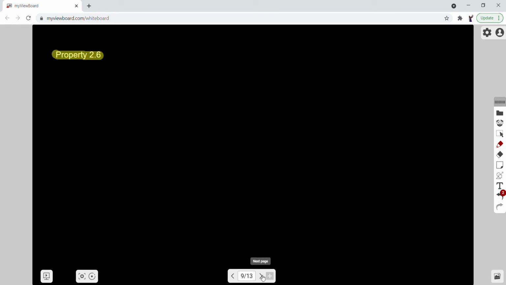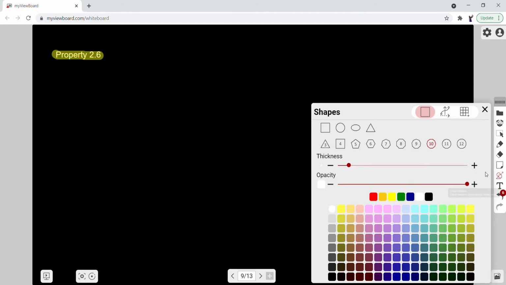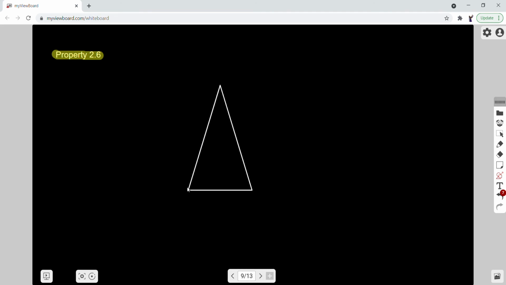Next property. If you don't understand any property, just go back and do it. I'm going to tell some properties. They are really simple properties you need to prove on your own, or else I'll probably do it. No, I'll do it. So if we have an isosceles triangle, let me draw a better one. This is an isosceles triangle,